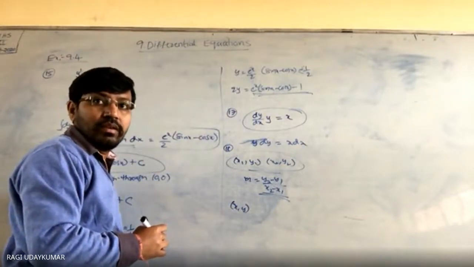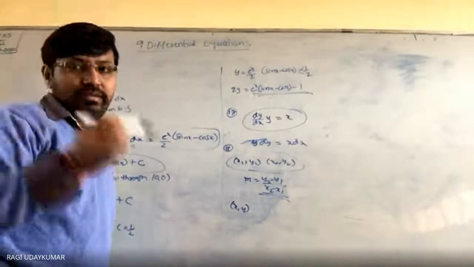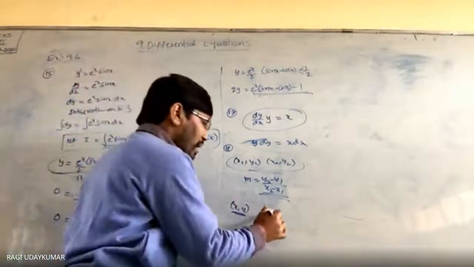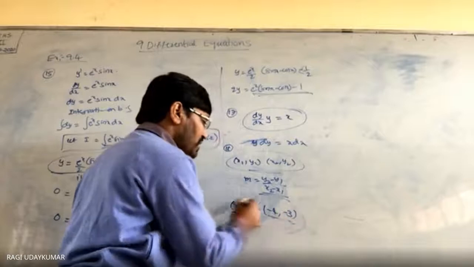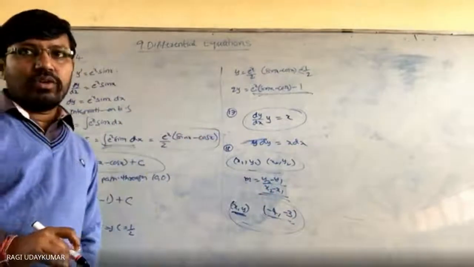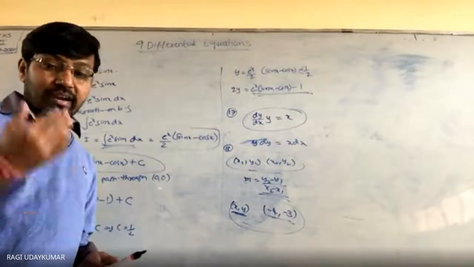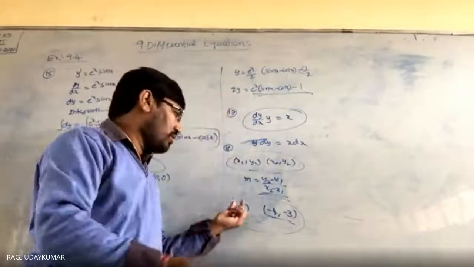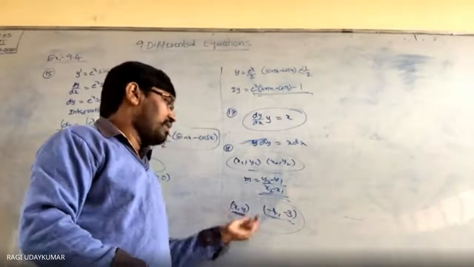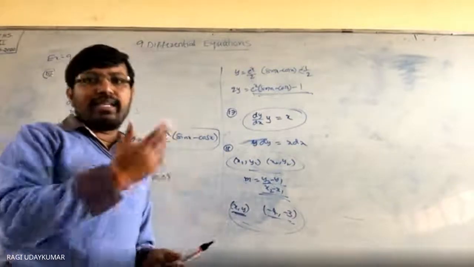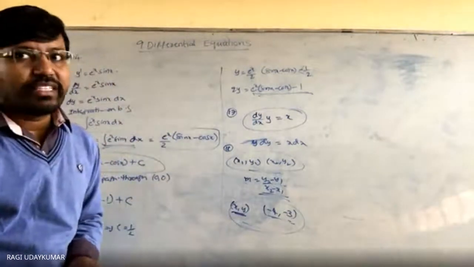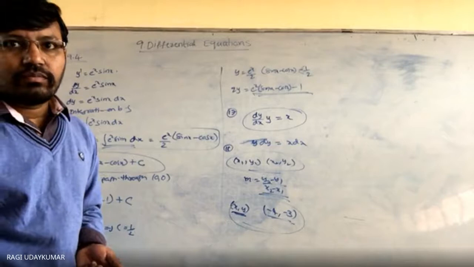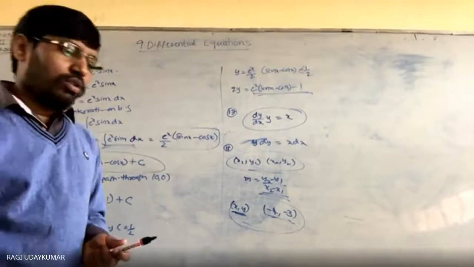Because at any point (x, y) on the curve, this is the point of contact, and (minus 4, minus 3) is the other point. Taking the 2 points like this, find the slope. That slope is twice the slope of the tangent, where the slope of the tangent is dy by dx. So dy by dx is equal to 2 into (y plus 3) by (x plus 4). Using (y2 minus y1) by (x2 minus x1), we get the differential equation, and you need to solve the problem with that differential equation. Okay, understood? So like this you can solve all the remaining problems.